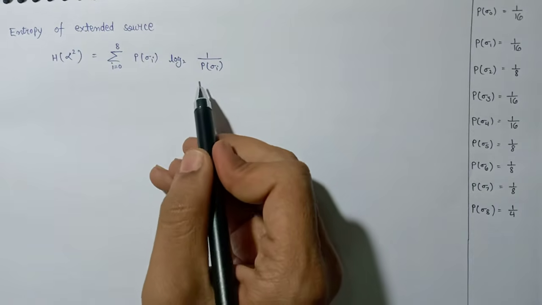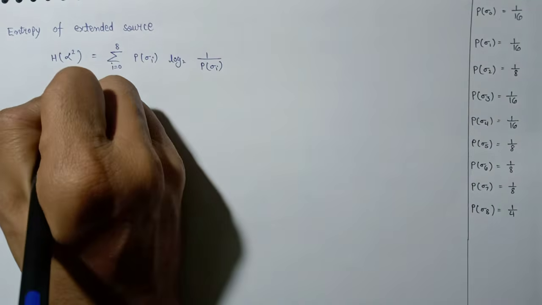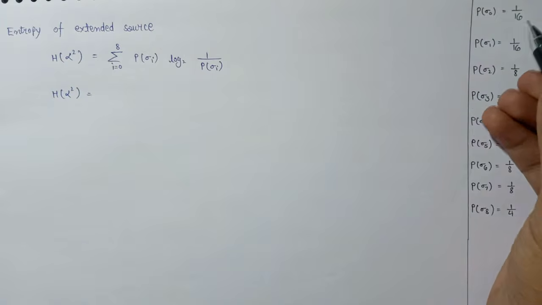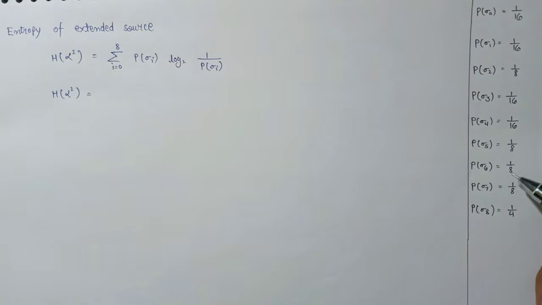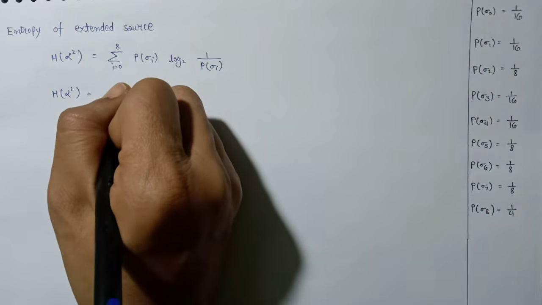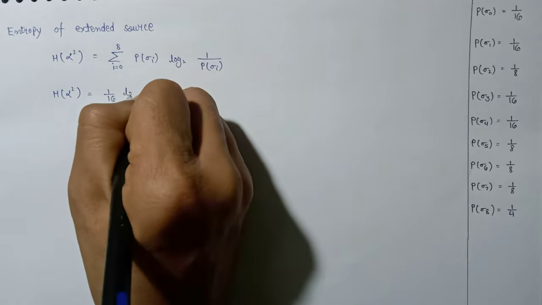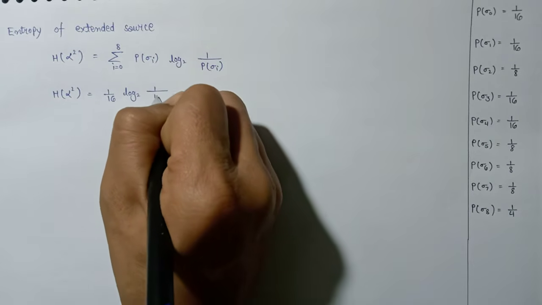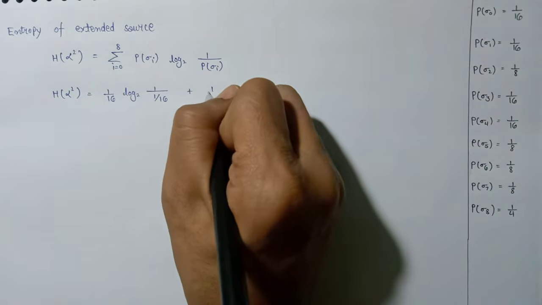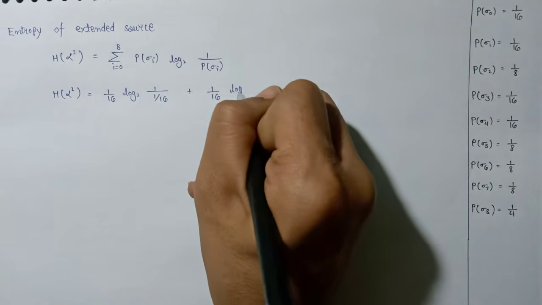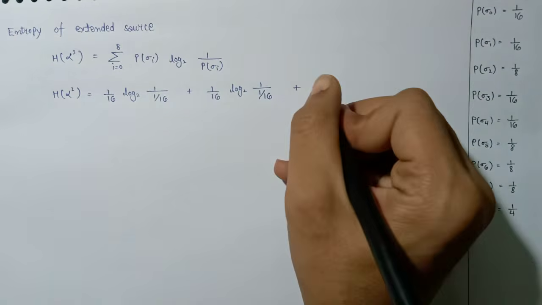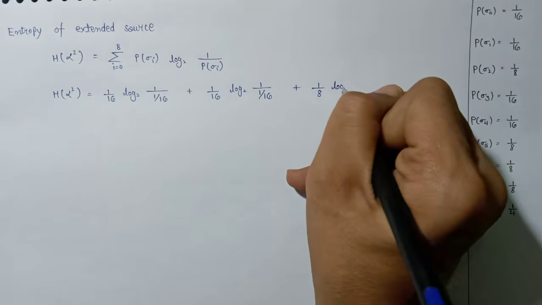So this is the general formula for the calculation of entropy. Now H of alpha to the power 2 will be equal to, similarly we can expand this formula for all these probabilities one by one. So for P(s0), writing the value 1/16, 1/16 log base 2 1 over 1/16, plus for P(s1) here is also 1/16, so 1/16 log base 2 1 over 1/16, plus for P(s2) it should be 1/8 log base 2